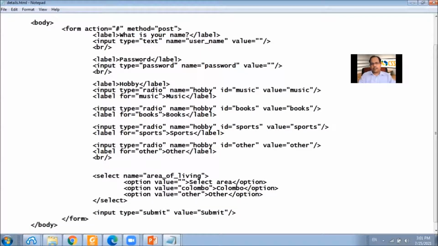Even for the select element, we shall specify a label. And we have to give the ID attribute to the select element.